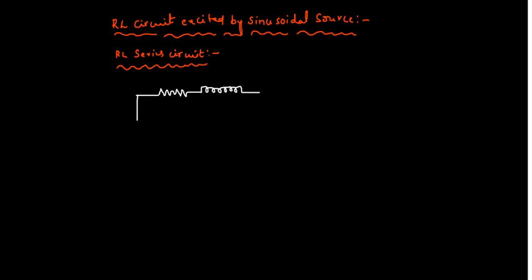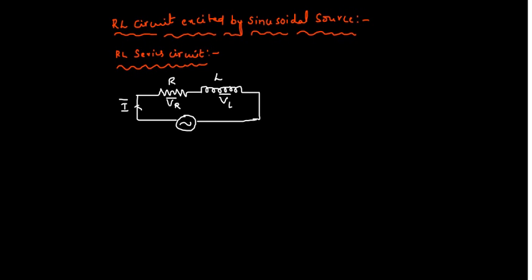Now these two combined together, we need to excite with an AC source. So this is the AC source, this is my resistance, and this is the inductance. Already we know that the voltage drop across the resistance is VR, and this one is VL. I'll take VR bar and VL bar, because when you are dealing with AC, it has magnitude as well as direction. This is the current I bar.